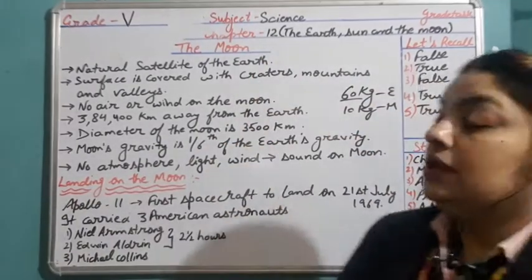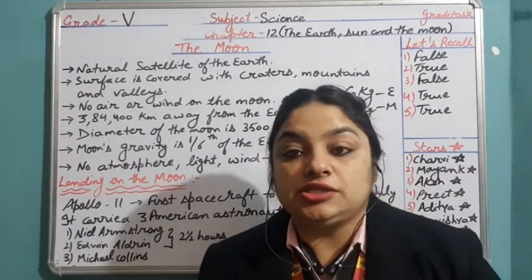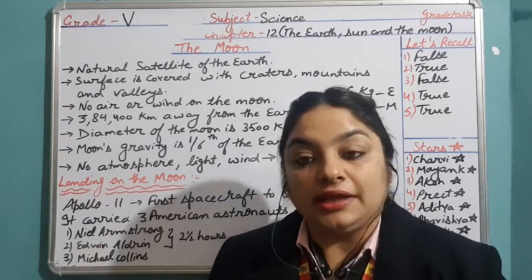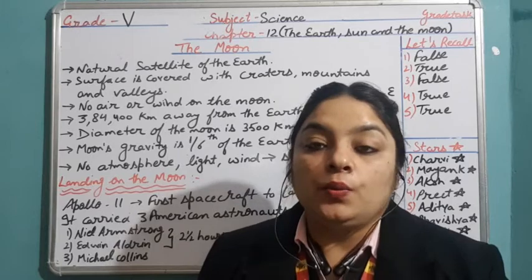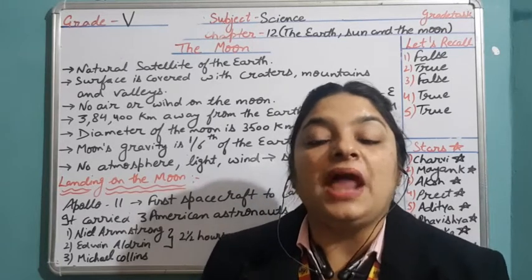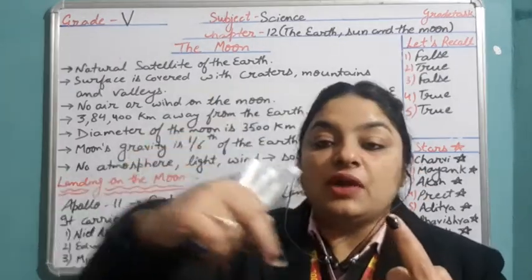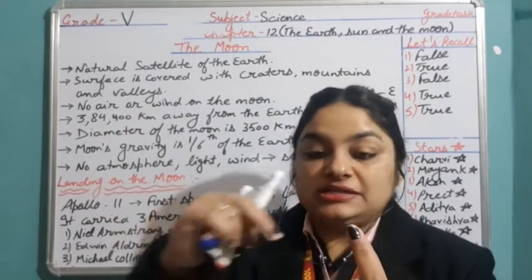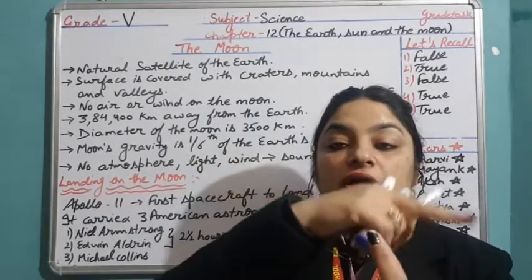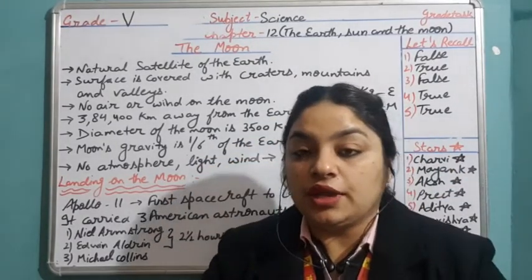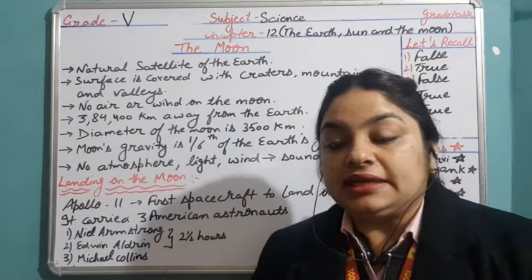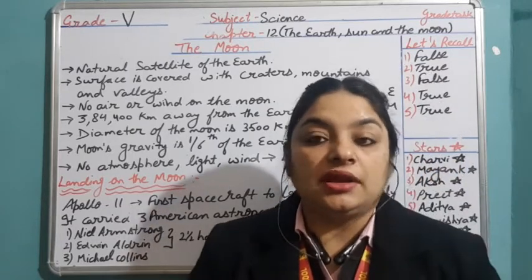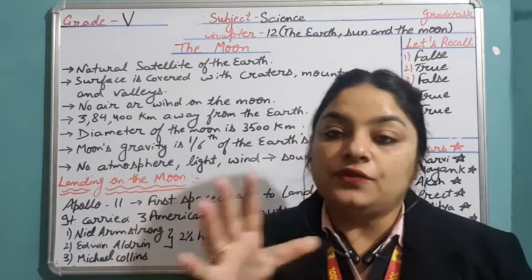Now, in my previous lecture, I have already explained what satellites are. Satellites are the objects which revolve around the planets. Planets revolve around the Sun, and the moons or natural satellites are the objects which revolve around the planets. So what are satellites? Satellites are the objects which revolve around the planets. There are two types of satellites. First one is